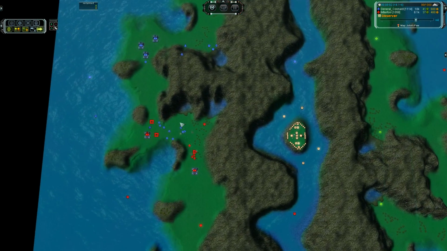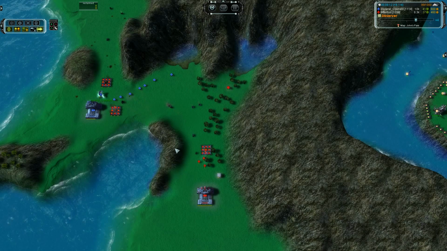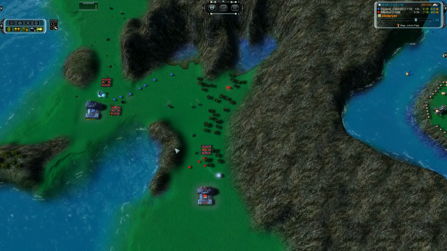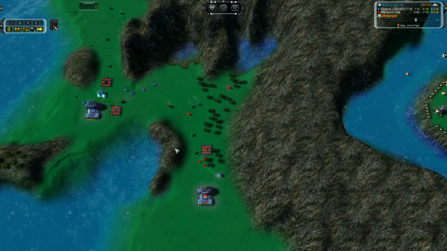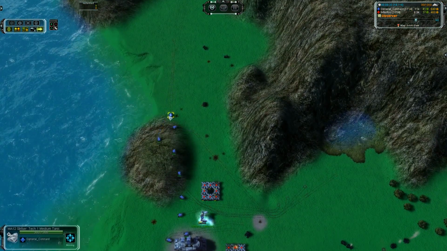Alright, we are seeing the failing of these point defense. Connard is actually doing a really good job of playing. He is bringing Tech 1 artillery along with him, killing the point defense one by one. You can see up here he is building...